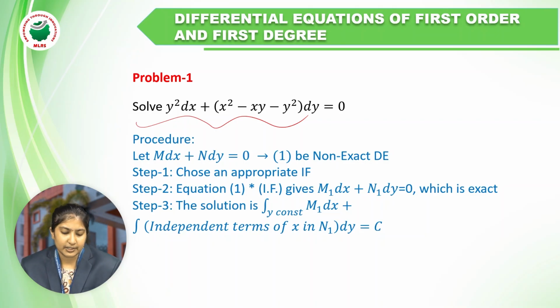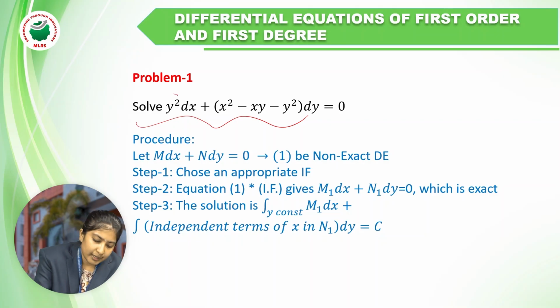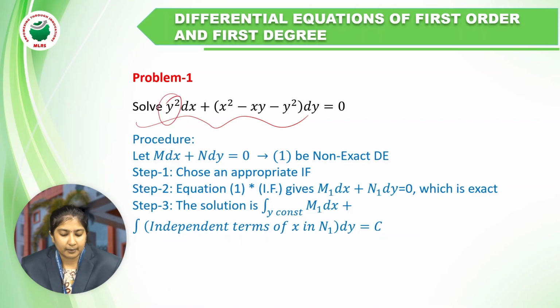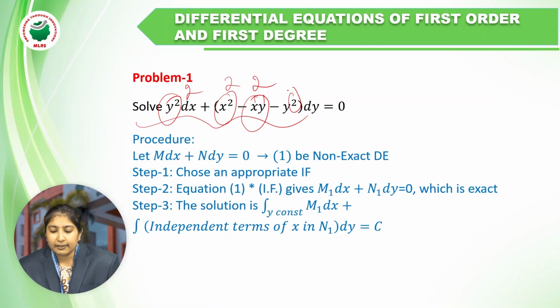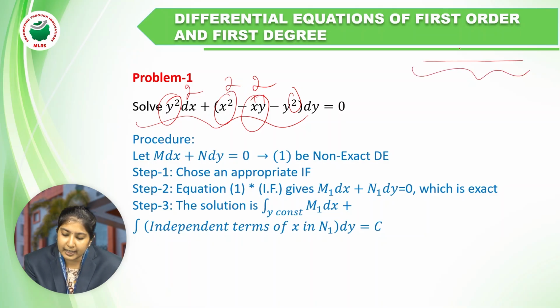If you see the equation carefully, here my degree for the particular term y square is what, ma'am? 2. For x square it is also 2. For xy also it is 2. How, madam? See, 1 plus 1 is how much, ma'am? 2. Again here 2. So if an equation is having all terms of the same degree, then that equation is called